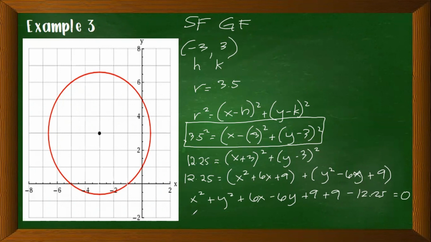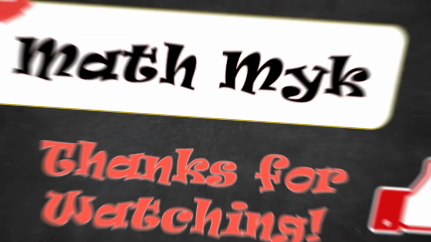Then operate. So we have x squared plus y squared plus 6x minus 6y. Then 9 plus 9 is 18. If you subtract that one, the result is 5.75. Okay. Just give me a correction if meron tayong